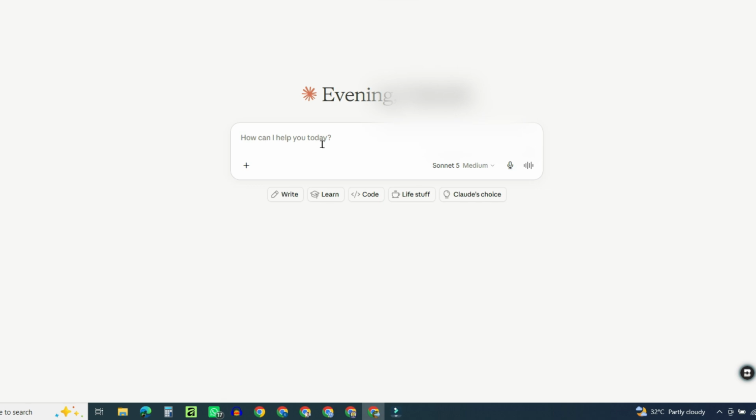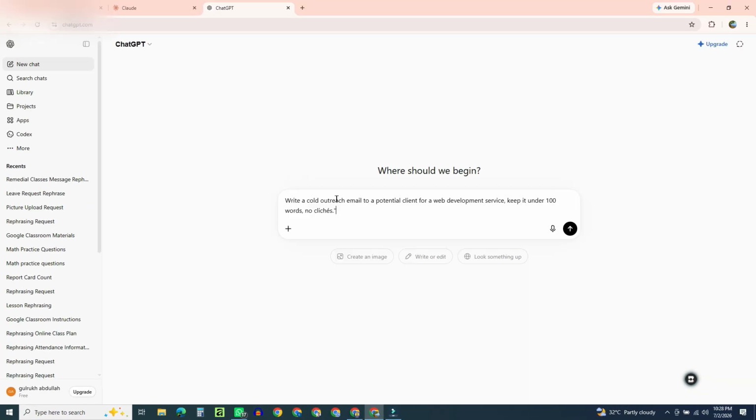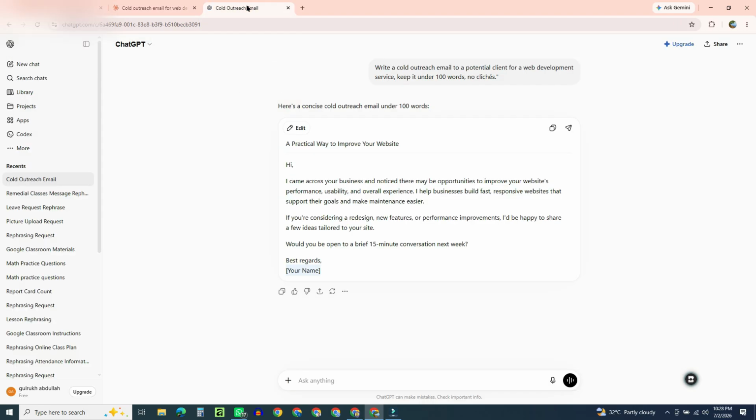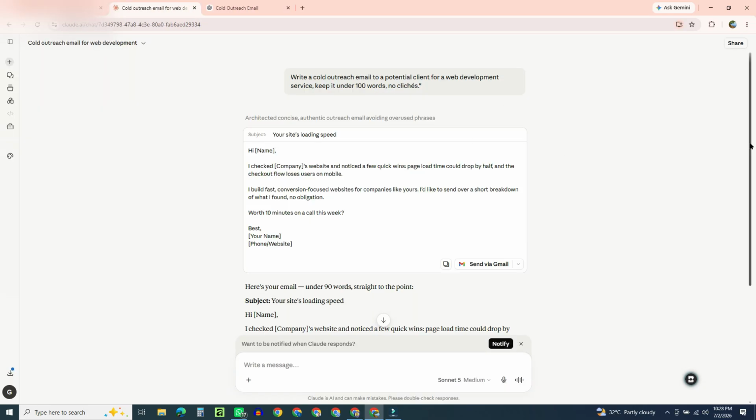Here's the real test, a real task, not some toy example. I'm giving the exact same prompt to both Claude and ChatGPT. Write a cold outreach email to a potential client for a web development service. Keep it under 100 words, no cliches. Same prompt, same second, into Claude and into ChatGPT. ChatGPT's response is in. Claude's still working,